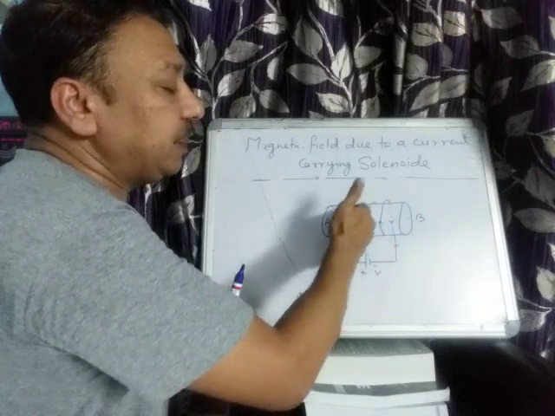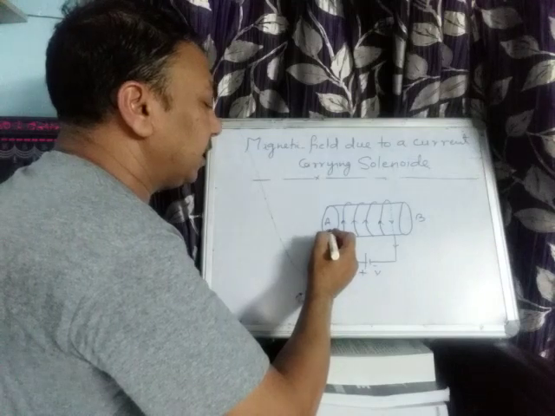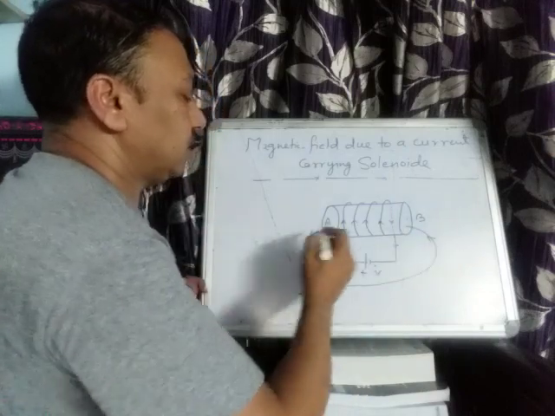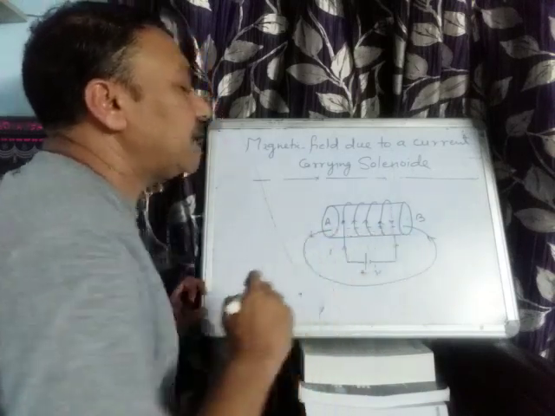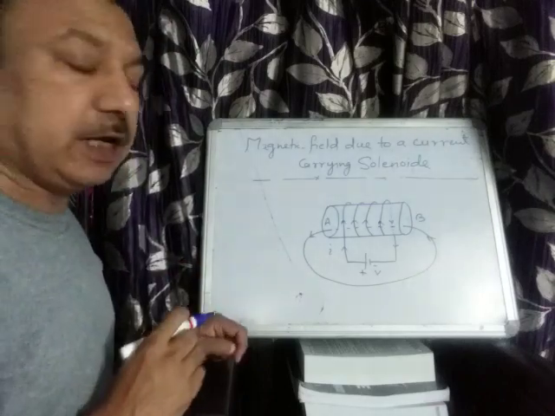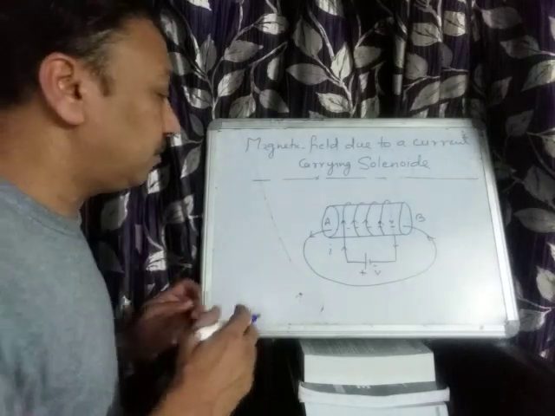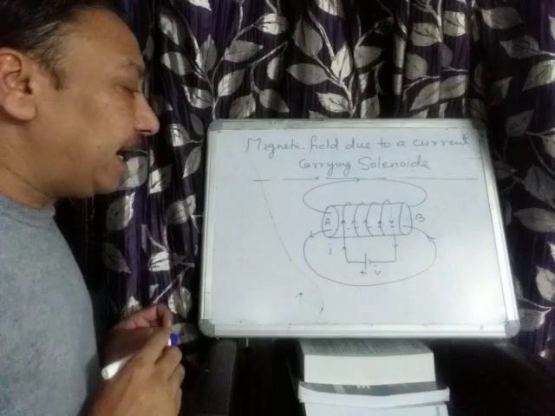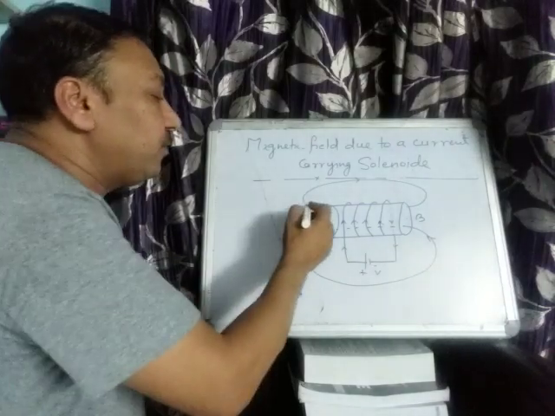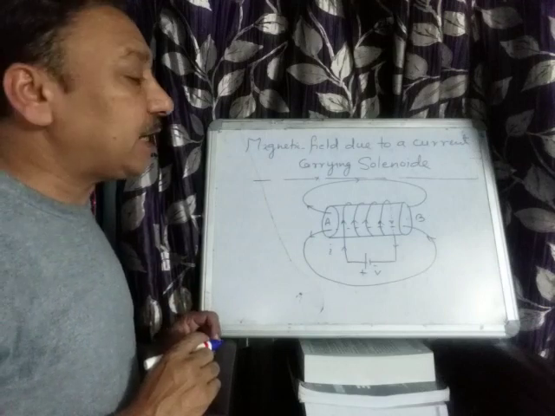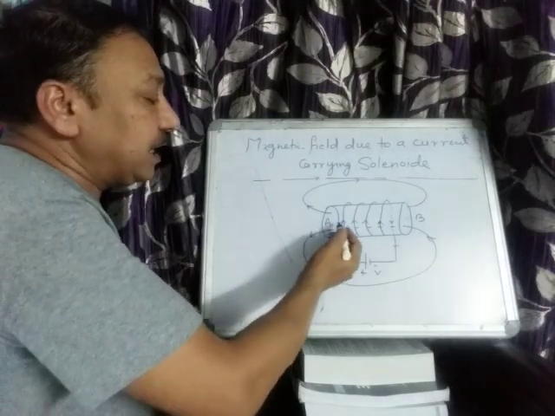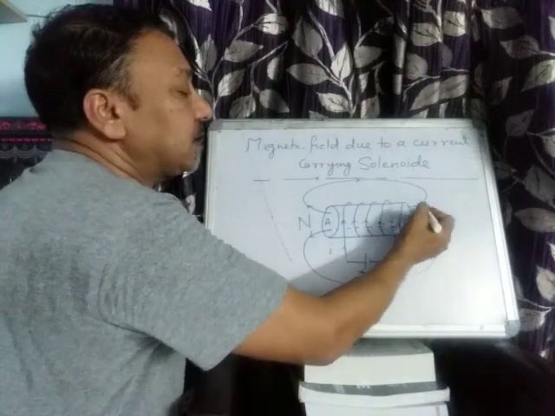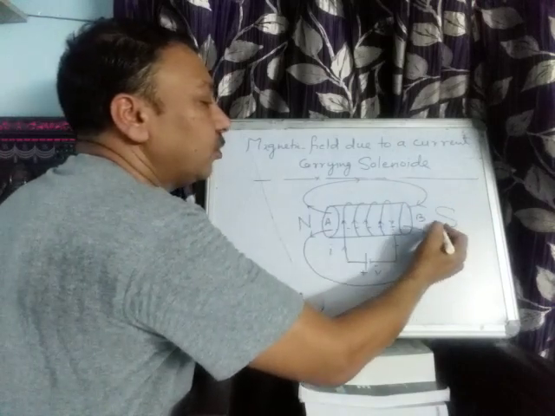circular ends of the wire which are in front. Okay, so here the magnetic field is coming out and going to this. So inside the solenoid the magnetic field will be parallel lines, but outside it will be curved, non-uniform, not parallel. So you can draw the magnetic field lines. At the second end, it starts behaving like a magnet. So can you tell me which end will behave like a north pole and which end will behave like a south pole? Since the magnetic field lines are coming out, it should behave as north pole, and here the magnetic field lines are entering in, so it is a south pole.